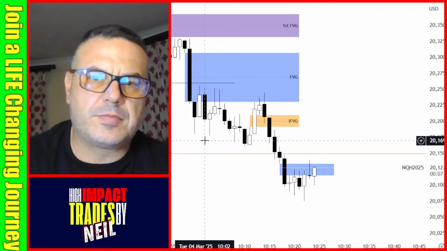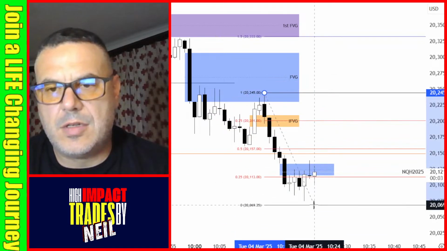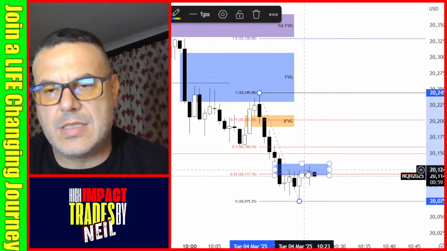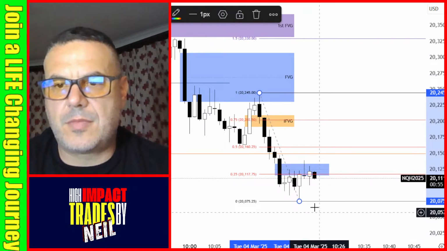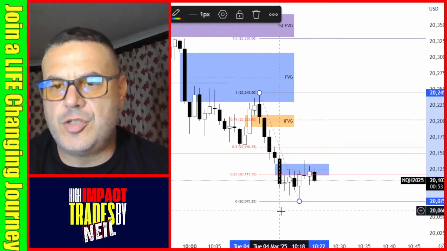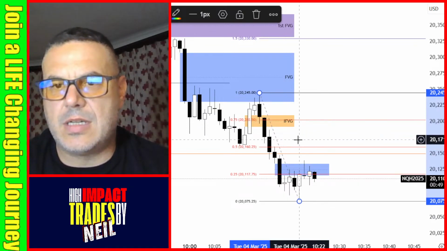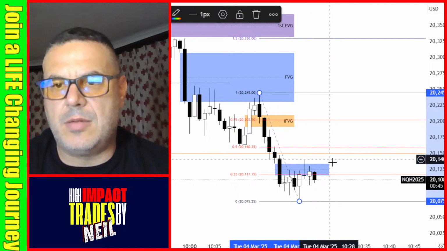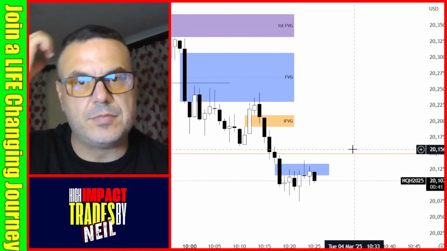And same if this thing drops from here, now we're so far from premium, and here you're selling at the worst price. So if you're still strongly short, you want to see price coming higher, maybe into this IFVG or this white candle's low, and that will line up with your premium or your 50% to sell from.